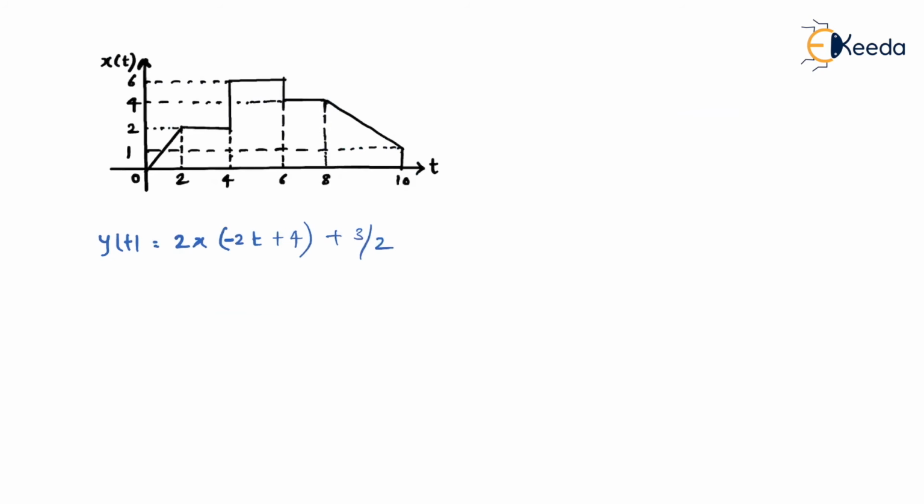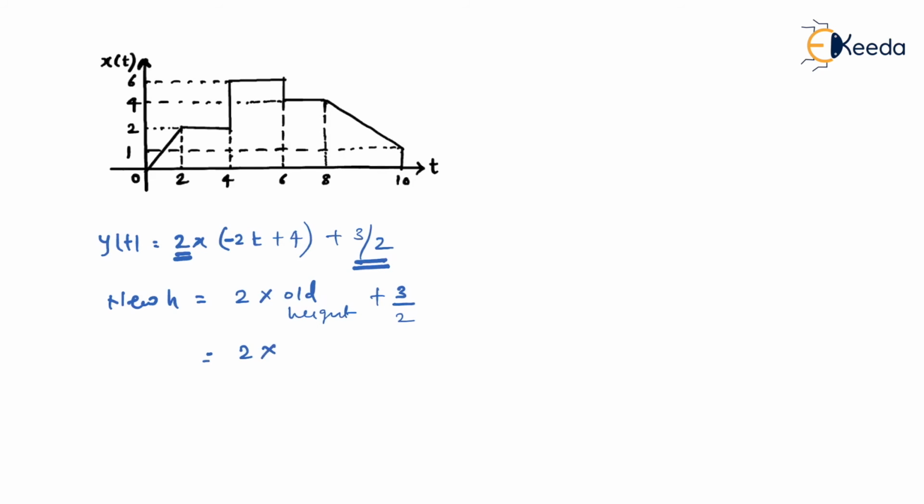See, we know that ultimately who decides the height of the signal? Height of the signal is decided by this factor and this factor, because you know that multiply by k and add with k property. Is that right? Because these are the only two things which affect y. Okay, and y refers to height here. So this is the original x of t given. Okay, and now I can say a new height, that is height of y of t, would be equal to 2 into old height. Is that right? Plus 3 by 2.